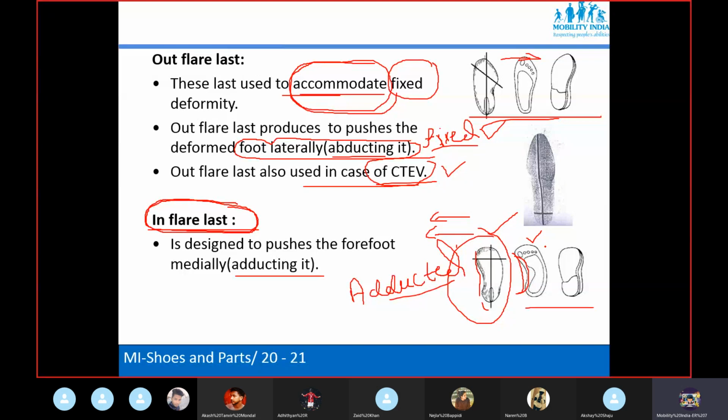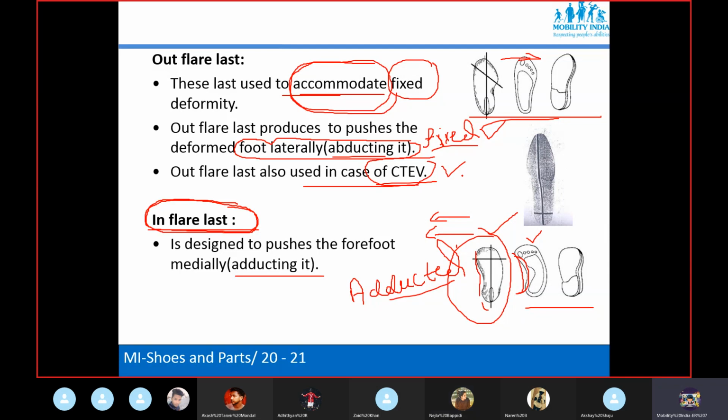Out flare, yes, correct. So you need an out flare shoe last in that case. Clear? Because you need to correct this foot if the deformity is flexible.